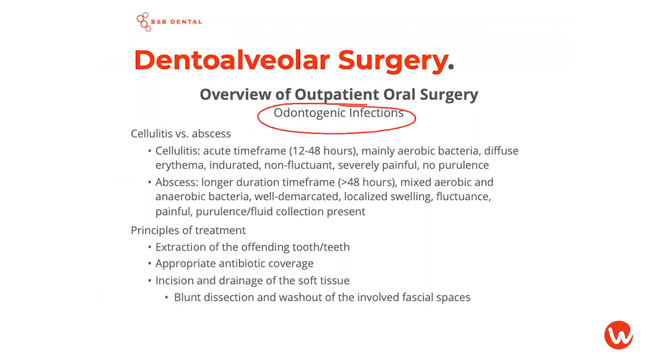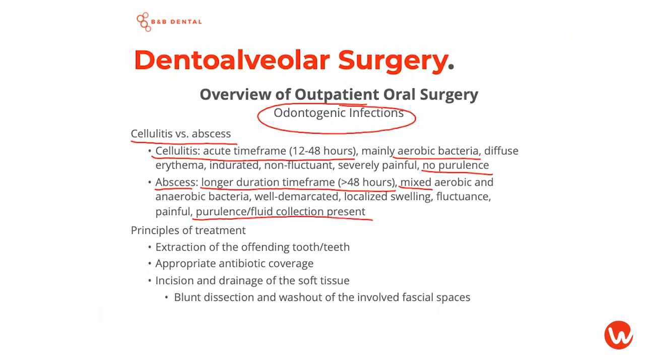So let's look at the difference between cellulitis and dental abscesses. We know that cellulitis is more in the acute time frame, and it's mainly caused by aerobic bacteria, and there's no purulence or pus. Whereas abscesses require that infection to have festered a bit longer, so a longer duration or time frame is involved. It's more of a mixed aerobic and anaerobic bacterial makeup, and there is purulence or fluid